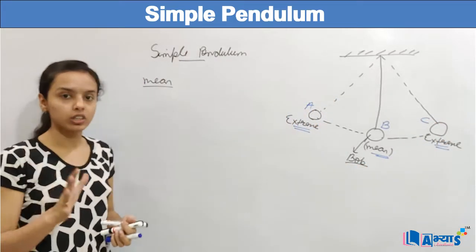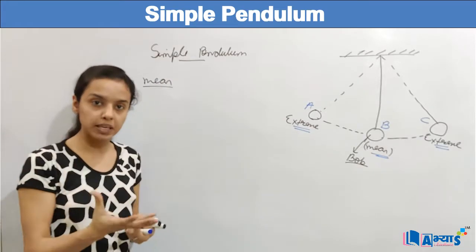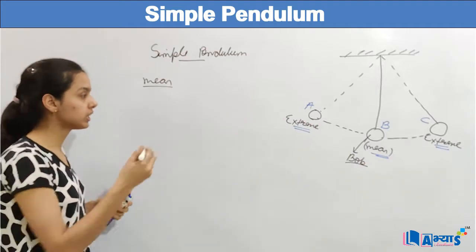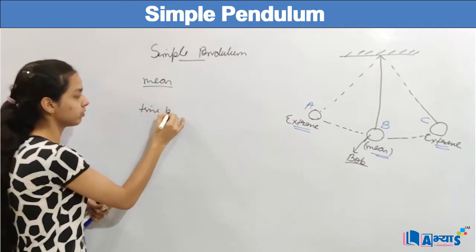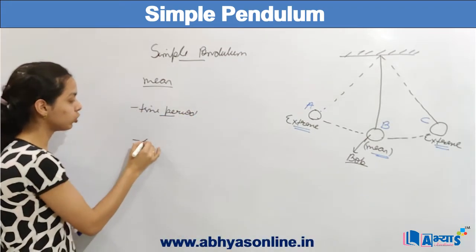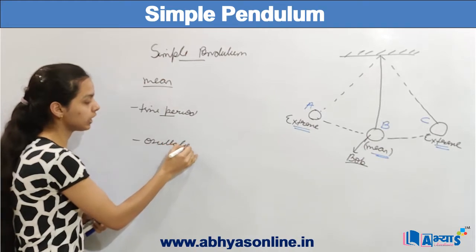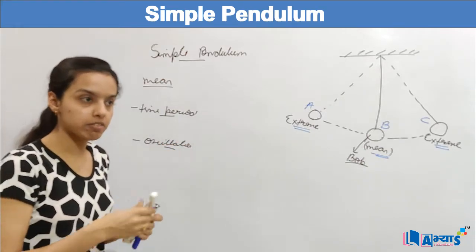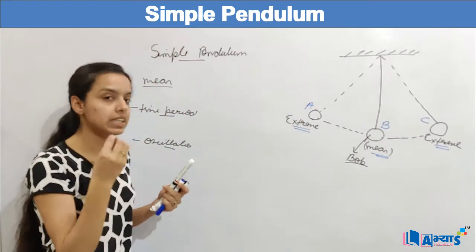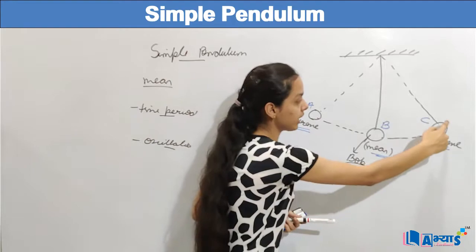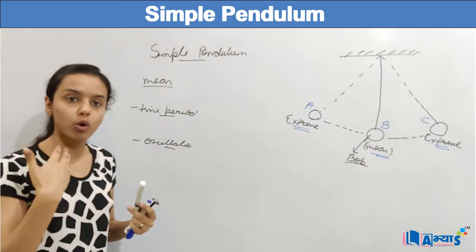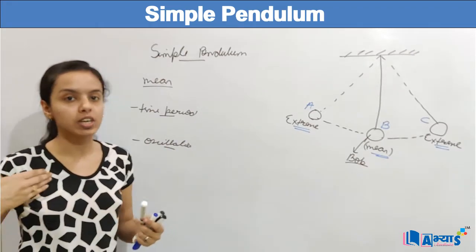Now when you have got certain terms like the extreme positions, mean position, and the bob, you must now describe what the time period is. Time period of a pendulum, but before the time period you must know what an oscillation is. Whenever you leave the bob from an extreme position, it will go to the other extreme position and then come back. So this is the to and fro motion. That means the bob will go forward and then the bob will come backward.